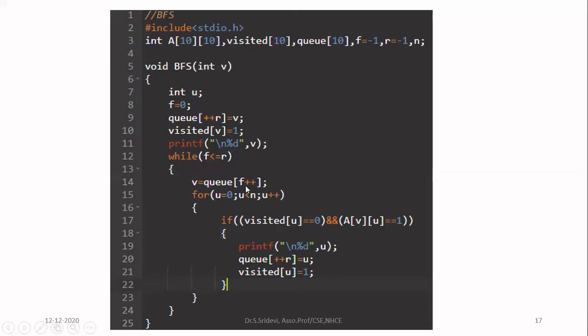After that I have to increment f by 1. Here I have implemented postfix increment. That means first I will be deleting the data from the queue which is available at the index f, and after that I will increment f by 1. When you delete the data from the queue, store it in the variable called v. v is currently holding the node you are going to explore.